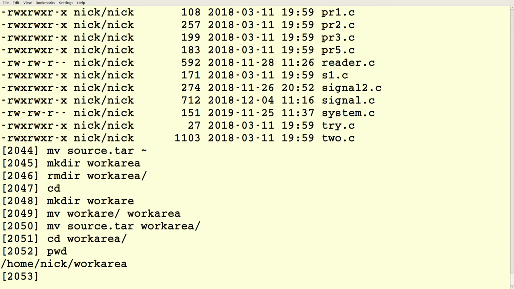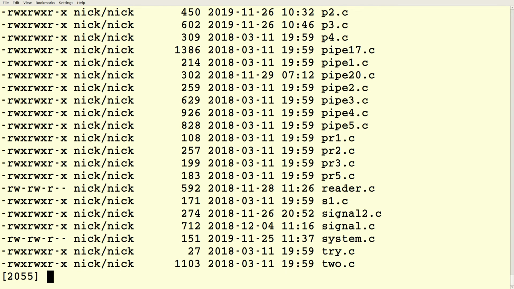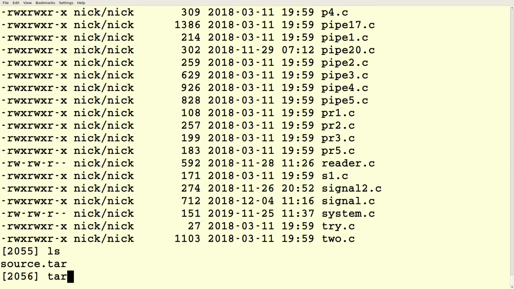So now I'm in a new directory under my home directory called work area, and I have my one tar file, which is source.tar, and I can look at it again. If I want to extract files from there, it's just tar xvf source.tar,